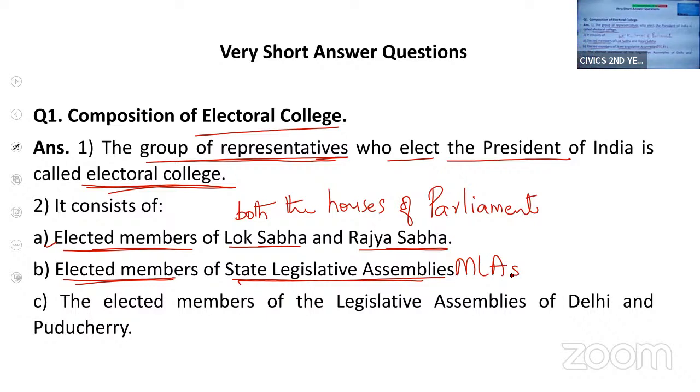They elect the president. So members of Parliament, the MPs, and members of legislative assemblies of all the states, all the elected members. The next, you have elected members of legislative